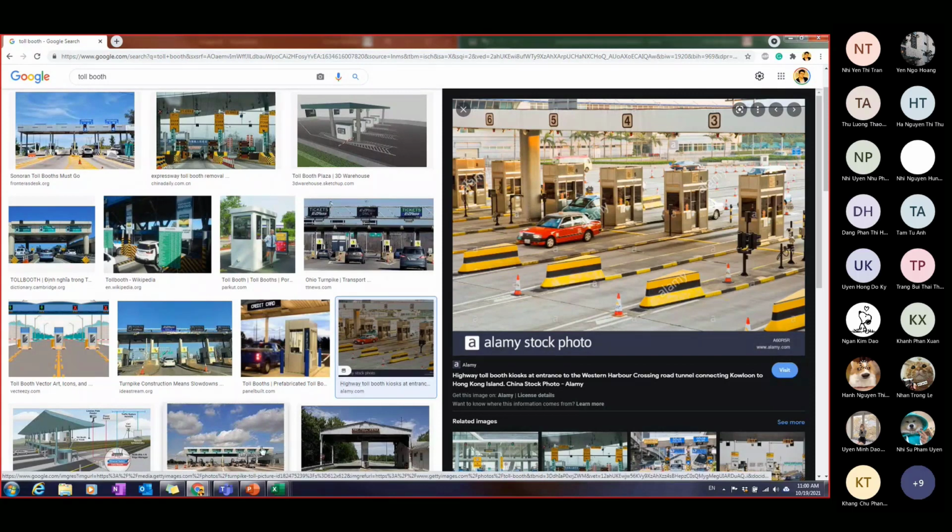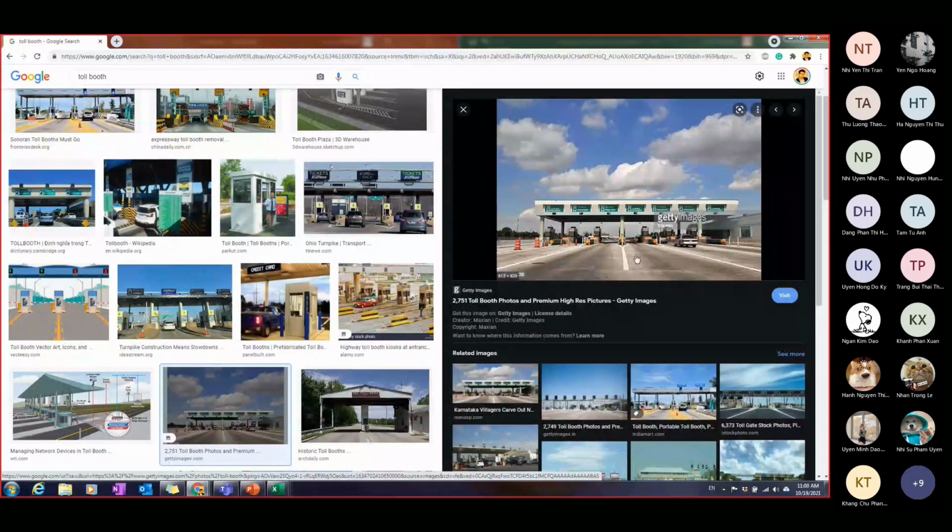Okay, so the number of cars that go through the toolbox will be counted for a day. Maybe in 1 hour, just 1 or 2 cars can go through, because it's like a pandemic day. People don't want to go out, or maybe it's a stormy day, right? Which has a hurricane. So nobody wants to go out because it's unsafe. So there are no cars or just 1 or 2 cars get through.